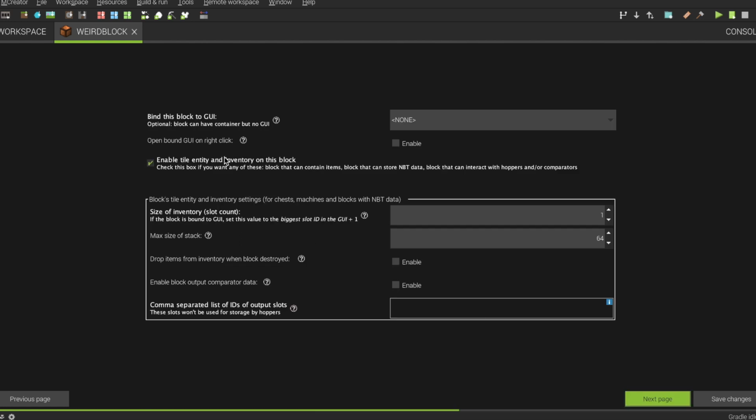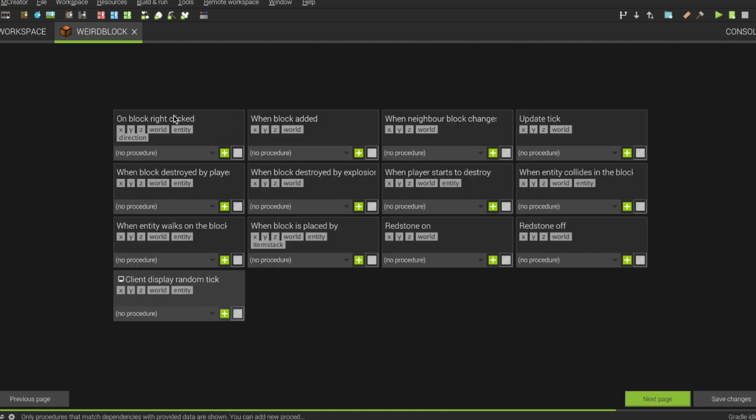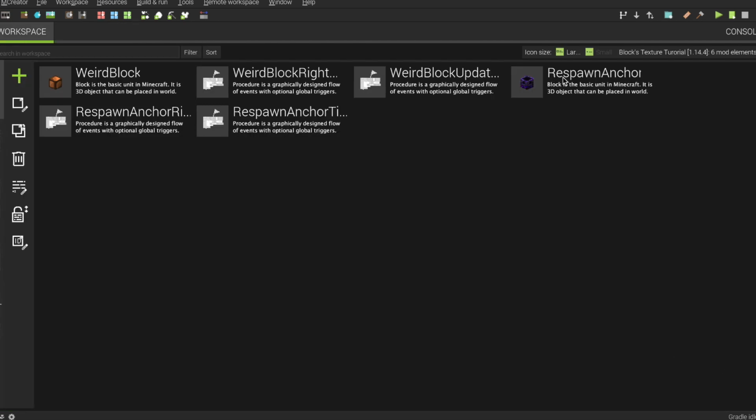You need to enable tile entity. Set it to 1 if it doesn't have a key, because if it has a key, then you set it to the number you need, if it's a furnace, for example. And we're gonna need this. So on block right click, I'm gonna use wheel block right click, and on update tick, wheel block update tick, and then I've sent changes.